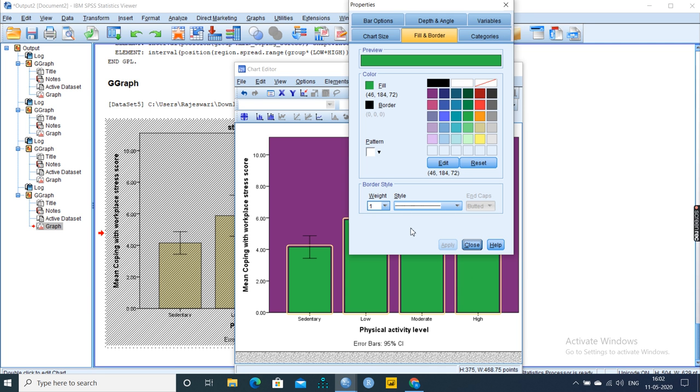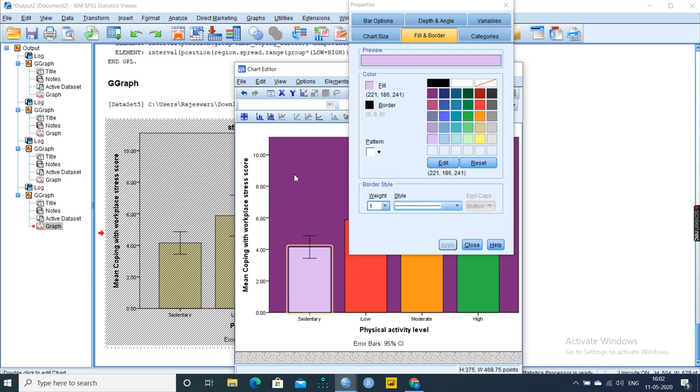I want to change for each and everything. You select this and give apply, you select that, give apply. I want to change this also. You select that and give apply. I want to change this one also, then change, apply.